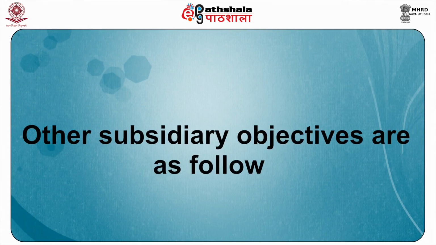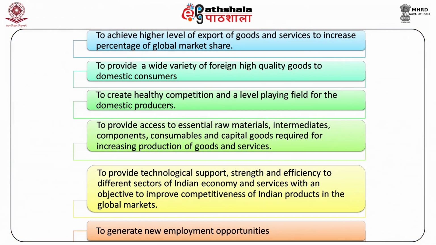Other subsidiary objectives are as follows: to achieve a higher level of export of goods and services, to increase the percentage of global market share, to provide a wide variety of foreign high quality goods to domestic customers, to create healthy competition and a level playing field for domestic producers, to provide access to essential raw materials, intermediates, components, consumables and capital goods required for increasing production of goods and services, and to provide technological support, strength and efficiency to different sectors of the Indian economy like